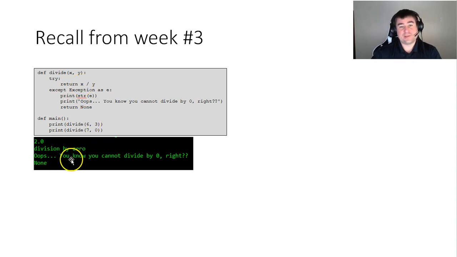And this was the execution of the program. We executed it twice. First, we divided 6 by 3, where there's no issue. The result is 2.0. But then we attempted to divide 7 by 0, where we would have caused a runtime error, the exception was raised and caught with this except block, and we printed, you cannot divide by 0. So this was the try except block that we knew. That was all to it.